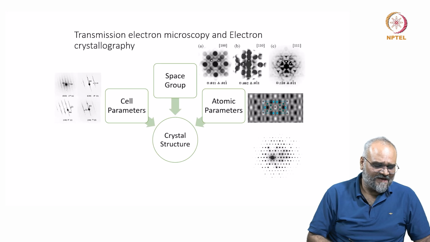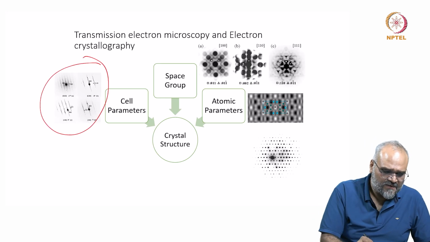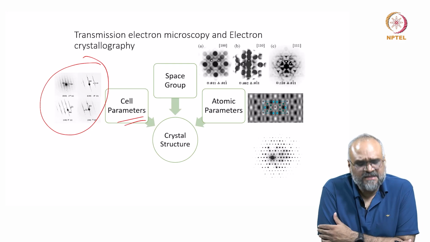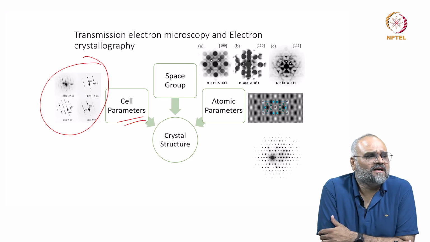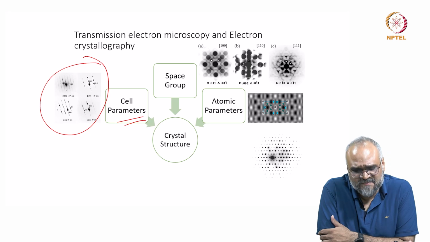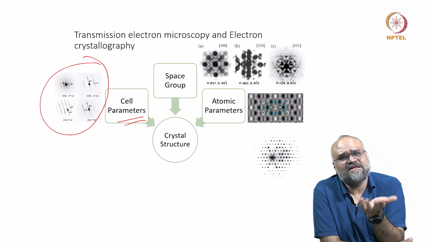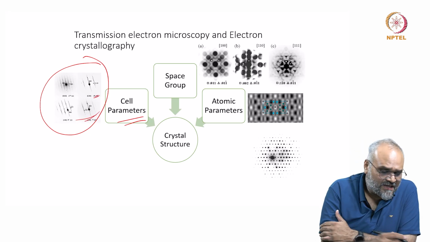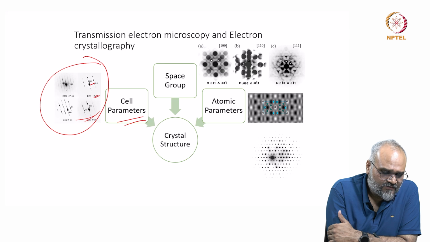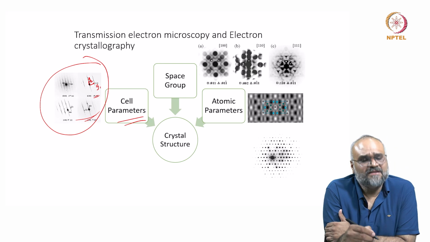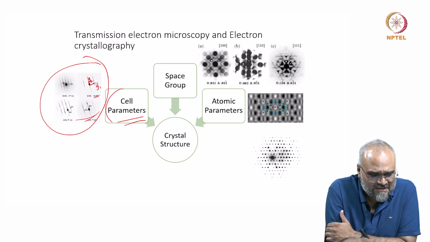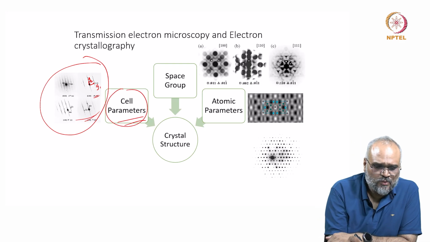TEM. So, if I look at the cell parameters, I can get it with simple spot diffraction, which is by using a parallel beam of electron beam interacting with specimen, and I collect the projected electron diffraction patterns which typically appear like these spot patterns, and from these spot patterns I can determine from these two unit cell vectors I get corresponding lattice vectors, and then from these I know what my cell parameters are,